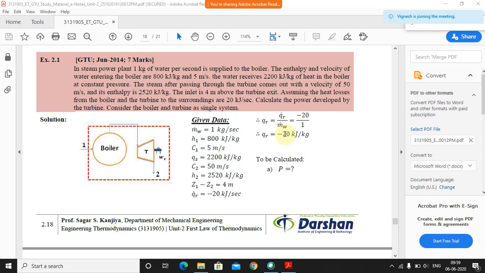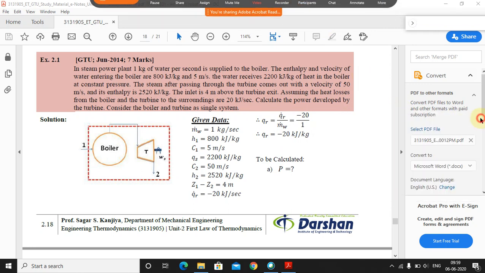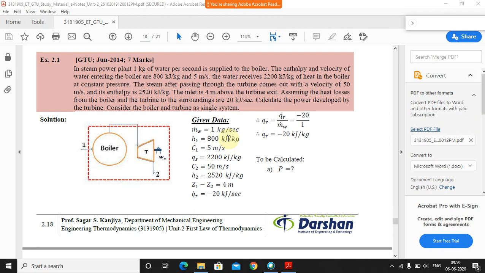No, there is no other data here, that's it. So now what we need to find out is to calculate the power developed by the turbine. Basically, we want the power developed by the turbine over there. If you want to calculate the power developed, first of all we need to calculate the